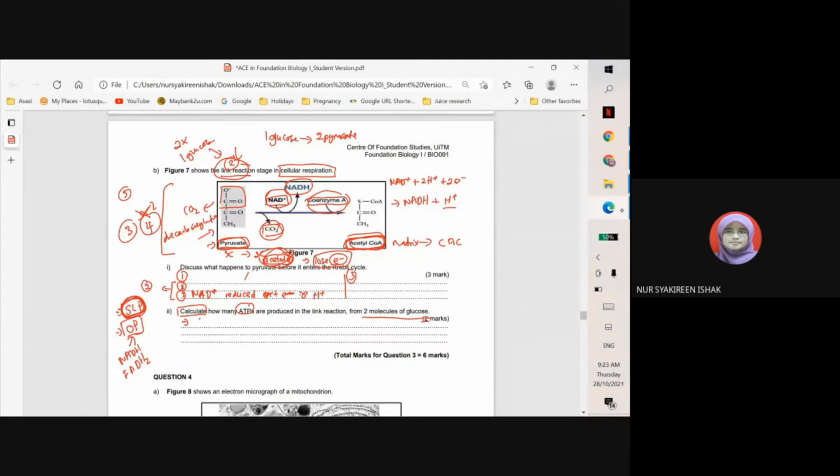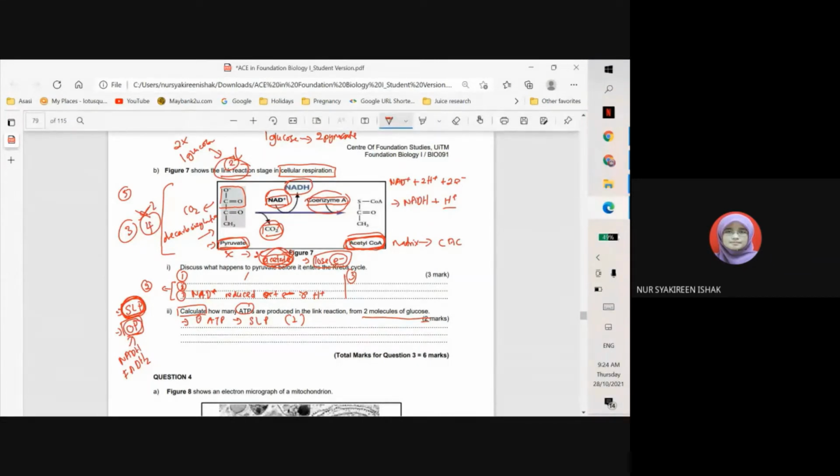So jawapan dia 0 lah, kan? The production of ATP through oxidative phosphorylation is 0. Terus dapat markah 2 kat situ. Okay. So 0 production of ATP produced via substrate level phosphorylation. You get straight away 2 marks. Okay, but if you choose to calculate the number of ATP through oxidative phosphorylation, then you have to take note